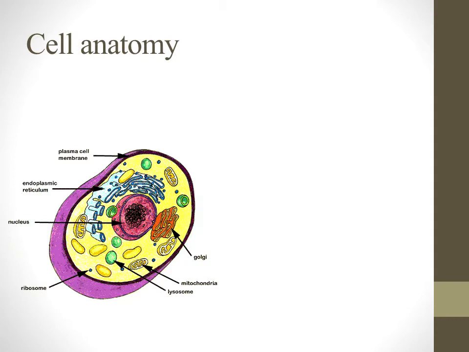I just like the name Golgi apparatus. It just sounds kind of cool. So Golgi bodies and Golgi apparatus, they look sort of like these layers of pancakes. You can see in this image it's represented by the orange on the right side of the cell, those orange